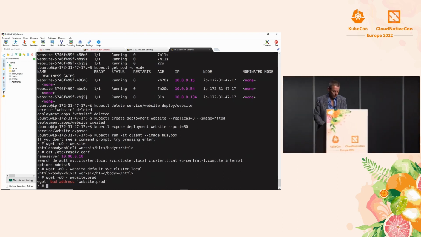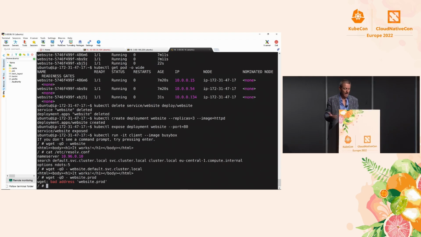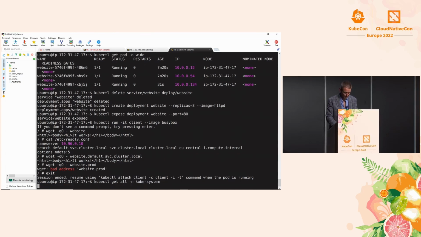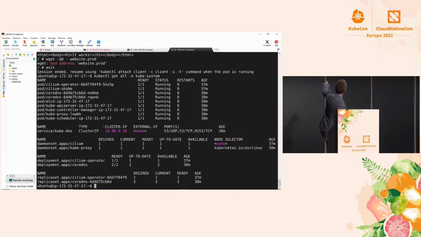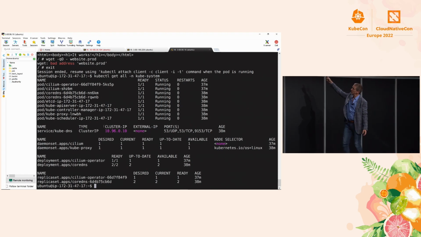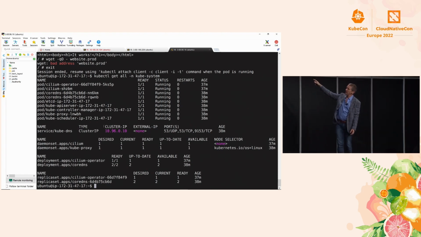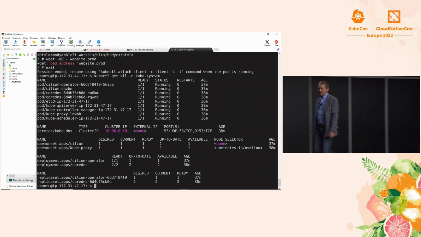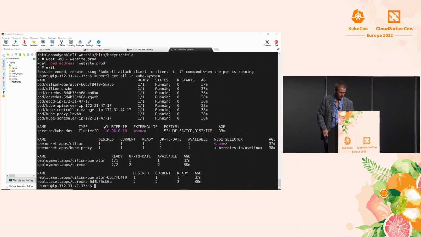All right, cool. So we now have the idea of how the pod side of it is working. And I'm just going to exit out of this guy. And if we do a kubectl get all in the namespace kube-system, there's the machinery. In kube-system, we have the CoreDNS deployment with 2 pods. And we have our replica set, and we have the 2 pods up there. And then there's the CoreDNS service. So those are the pieces of the puzzle.